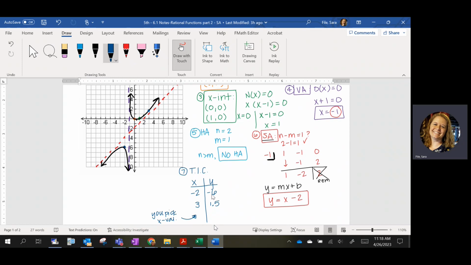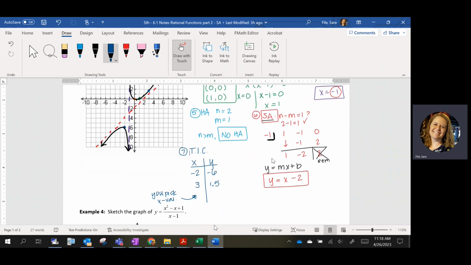So the test interval chart is just to help you get additional points to figure out where your curve is supposed to be drawn. Because with just your intercepts, sometimes that's not enough to know where the rest of your curve or curves should be drawn. Questions so far? All right, so we're going to repeat that process